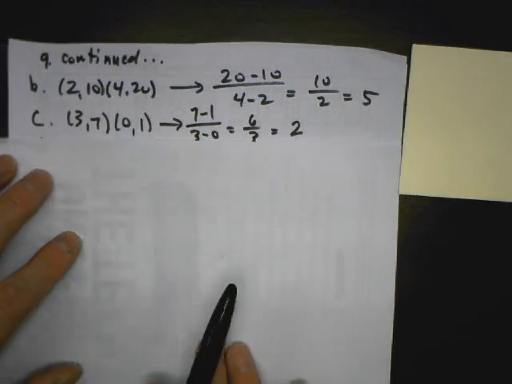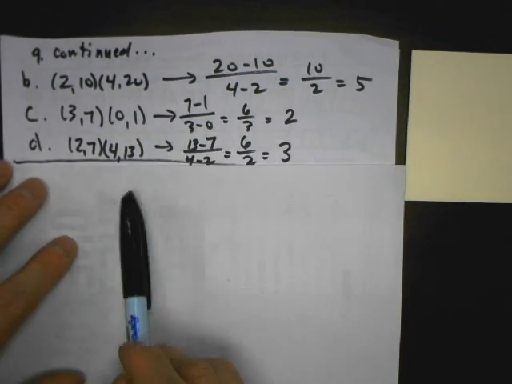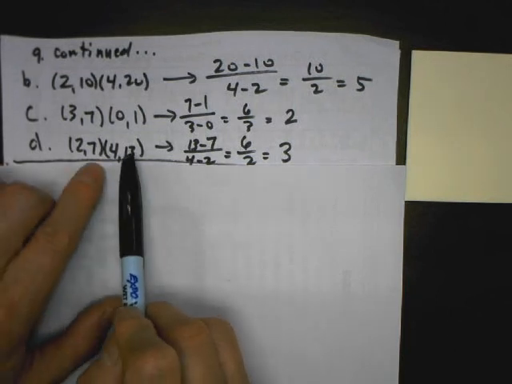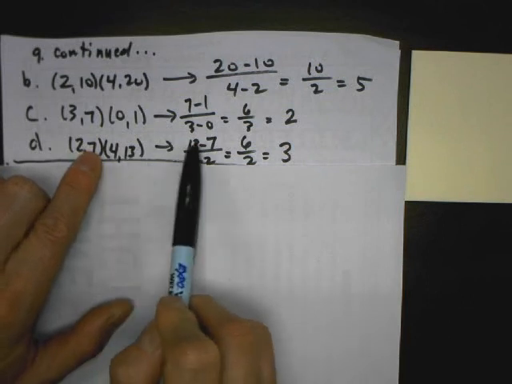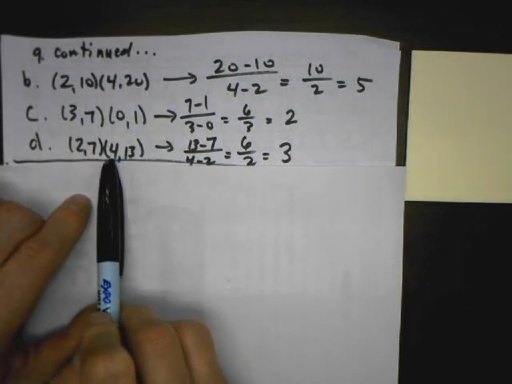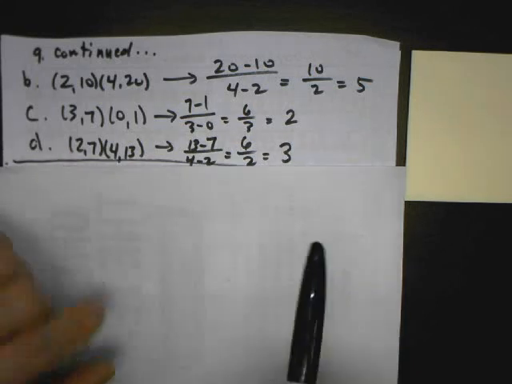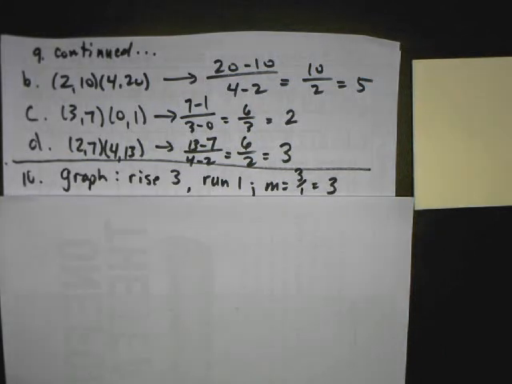C, as you can see, will not work, because if I go y minus y over x minus x, I'm going to get a slope of 2. And D won't work either, because I'll go on the right side this time first to avoid negatives. So I'll go 13, take away 7 on top, and on the bottom, I have to start on the right side also. 4 take away 2 is 2, so that's a slope of 3. The only one that worked is A. Alright, so 10 says,